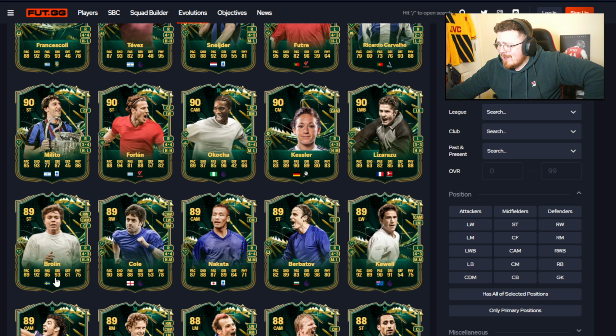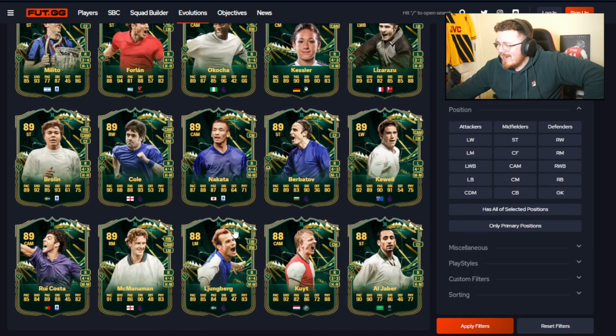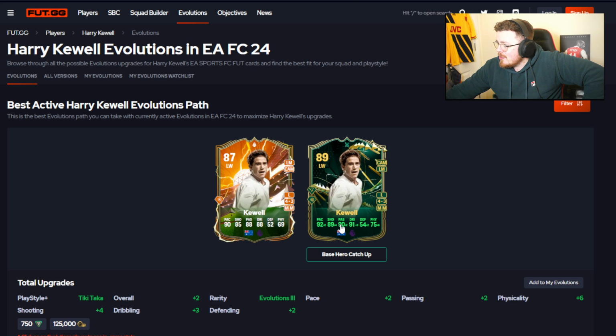Brolin, another brilliant card. 92 shooting, 93 dribbling. Nakata, Berbatov, probably would avoid those guys, still like your Rui Costas, your Lundbergs, your Dirk Kuyt. Kuyt looks solid to be fair, 92 shooting, but probably still going to be an avoid here. Berbatov, Nakata probably avoid. Harry Kewell with a 92 pace, 90...